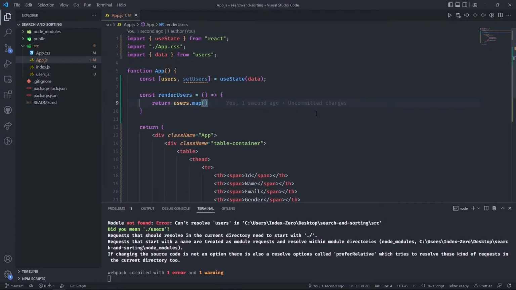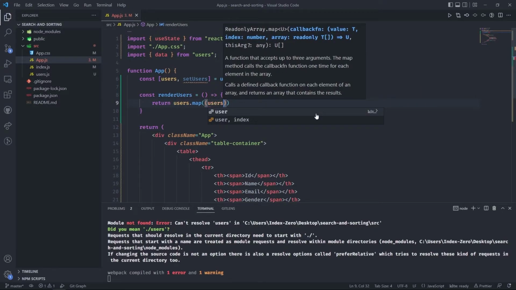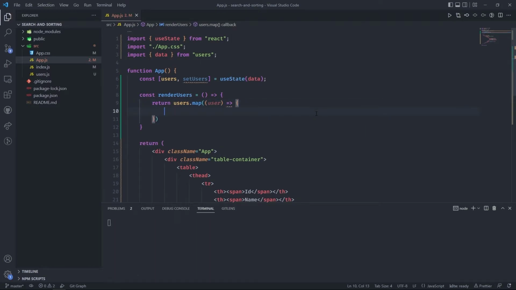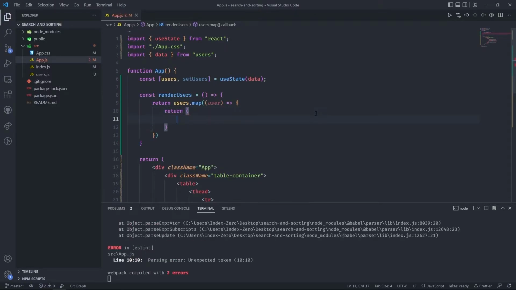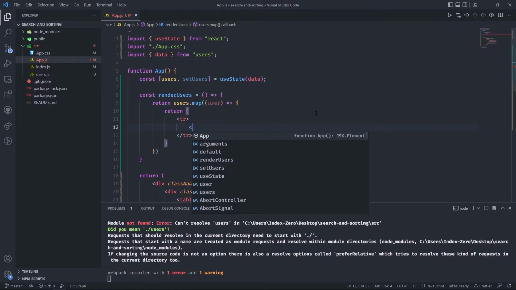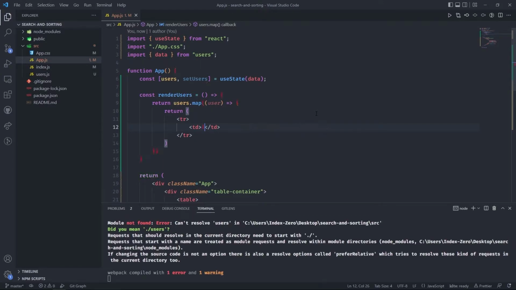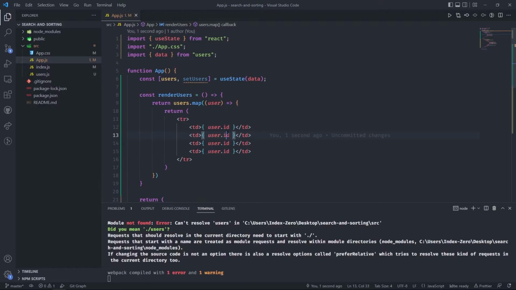We also need to return it. Then for each user we want to return a table row. And the first column will be user ID, as we wrote in a table header. The next one, I'm going to just first copy it. And the next one will be